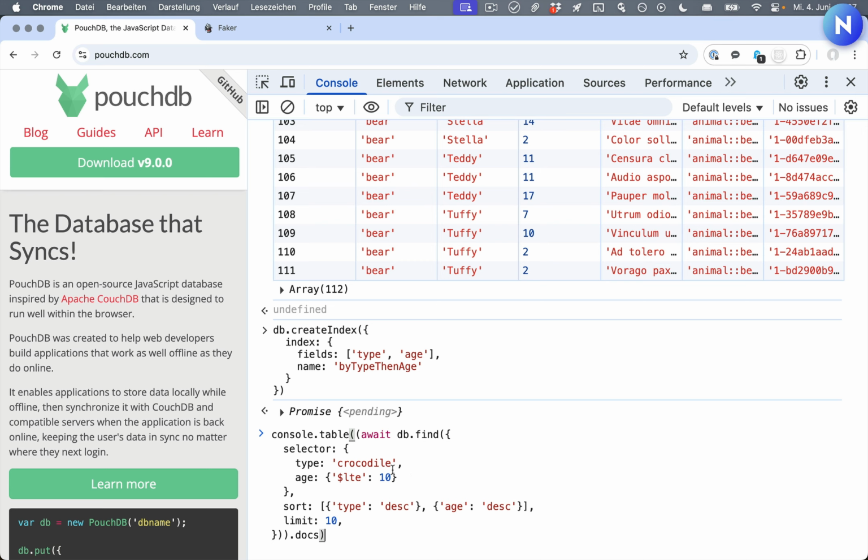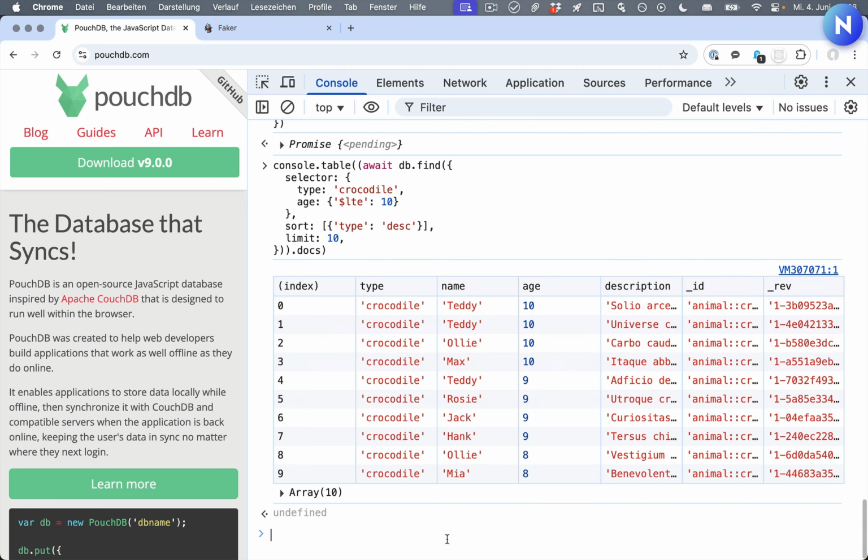And now the other important thing is the sort order. The default sort order for find is ascending, but we want it to be descending. So now you would expect that for each field in the selector, you'd need to indicate which direction you want it to sort in. That's not actually how it works under the hood. It only applies the first sort direction to all of the fields. So this is functionally equivalent to this. You only ever need to specify the sort order for the first field in the index.